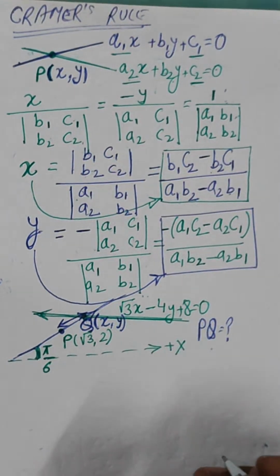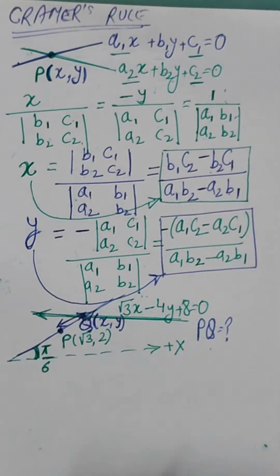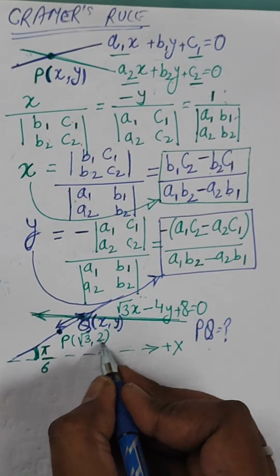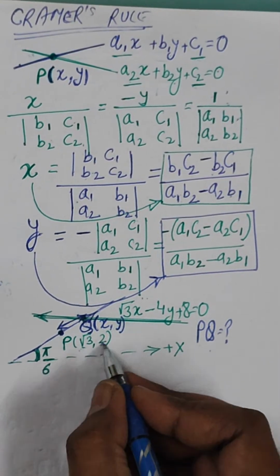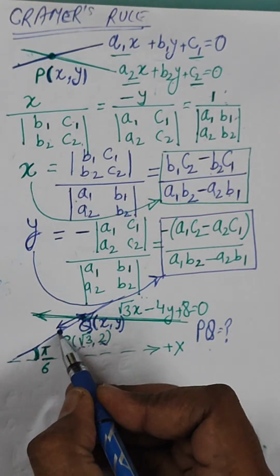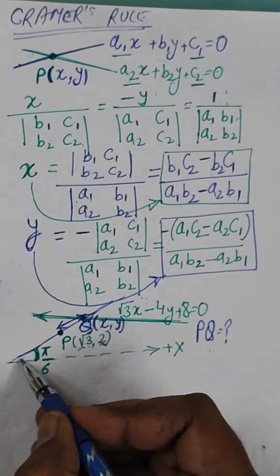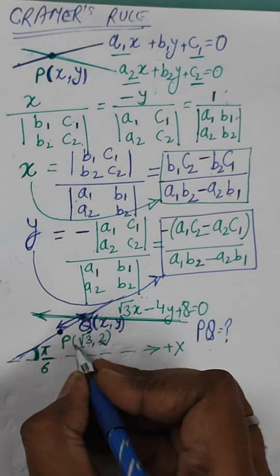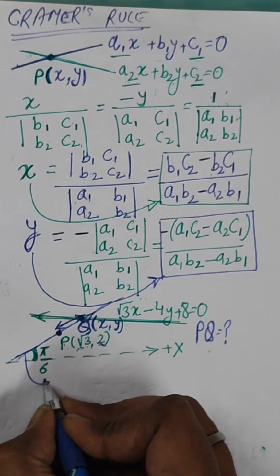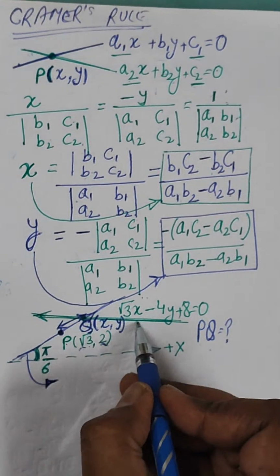So we will be using the same, but here you can see root 3, 2 is one of the coordinates through which this line is passing. So what we will do, we will simply evaluate the equation of the above line,